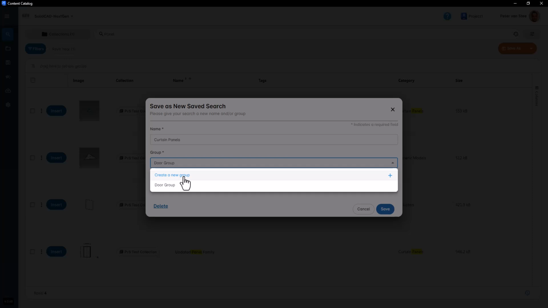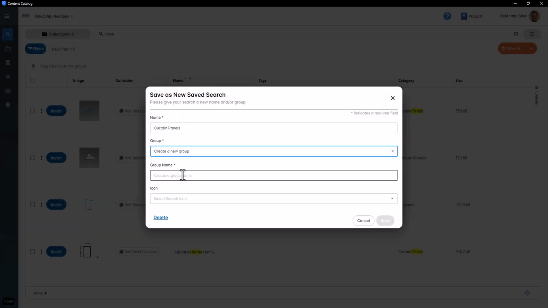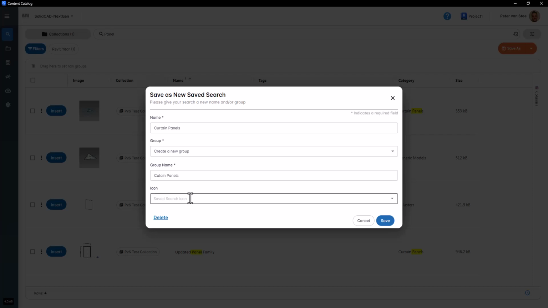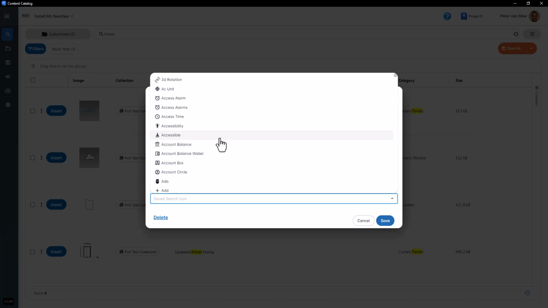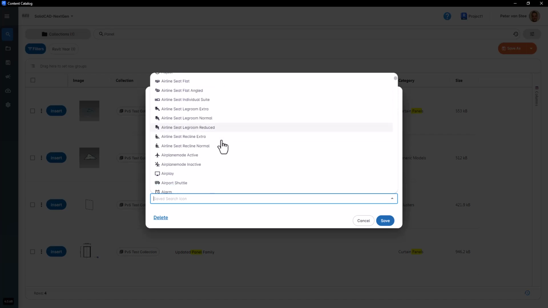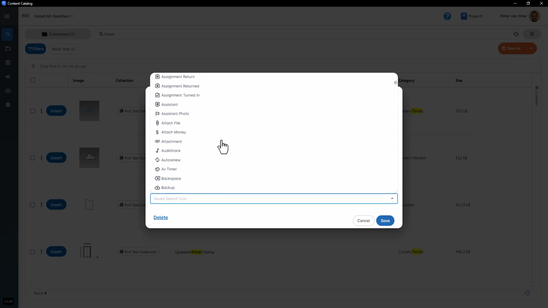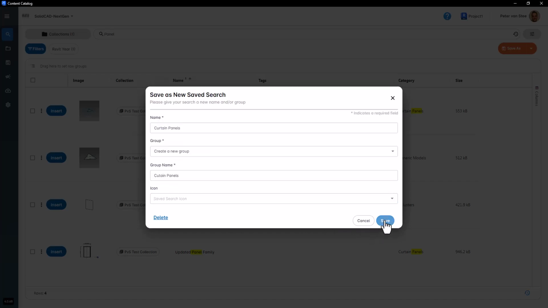In this case, I may want to create a new group. We may also want to add an icon for that saved search group. With everything here complete, we can choose Save